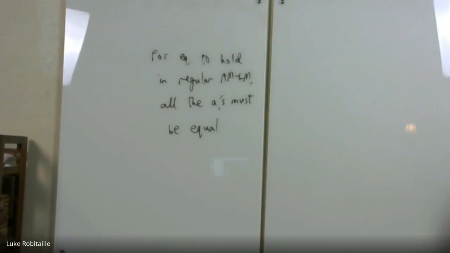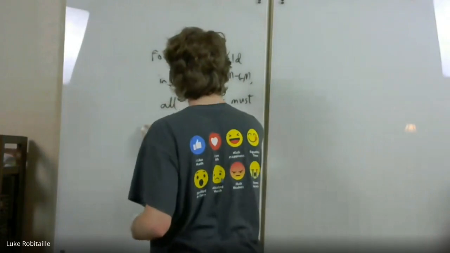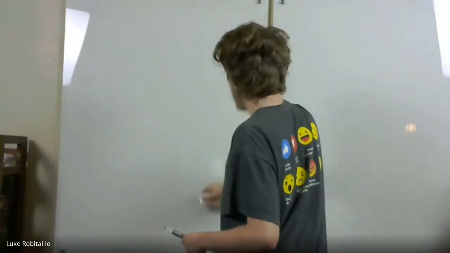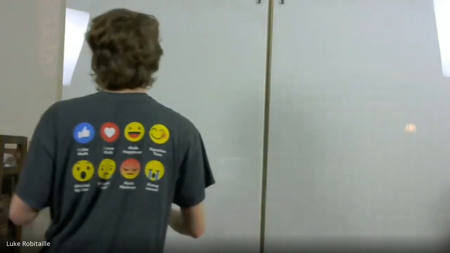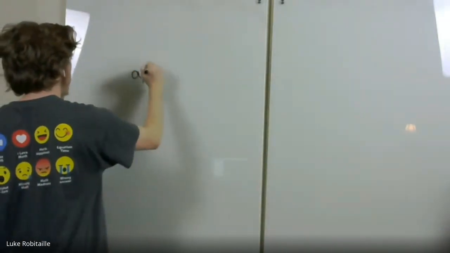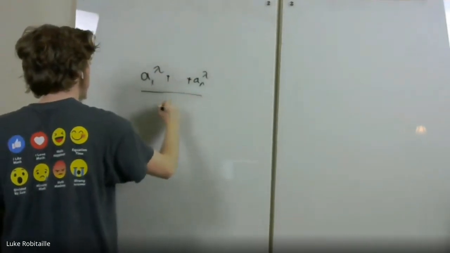Okay, but let's move on. There are more general versions of AM-GM, like the so-called power mean inequality, where you can think of it as a_1 to the lambda plus, you know,